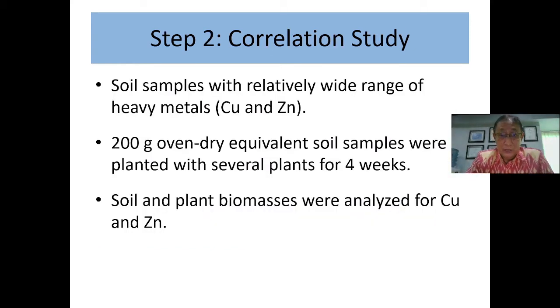And in the correlation study, or step two, we use soil samples with a relatively wide range of heavy metal concentration, particularly for copper and zinc, planted with several plants. And at the end of the growing period of 4 weeks, we analyze the soil and also the plant copper